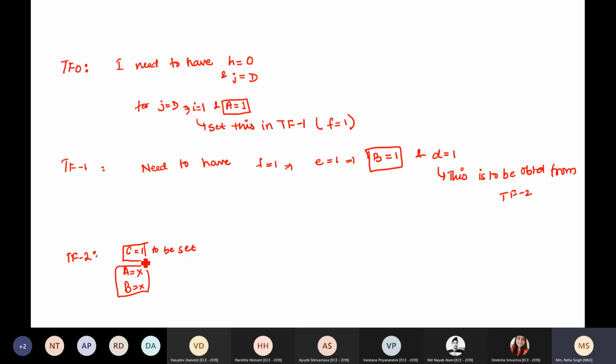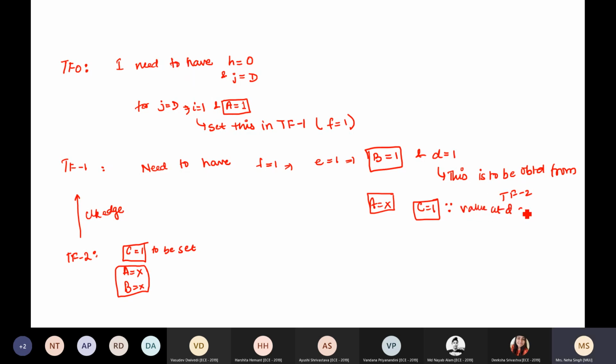I set the value of C which gets propagated after the clock edge, right? So from TF2 I moved to TF1 at the clock edge. So I ensured D equal to 1 is set, B equal to 1 is done. What about A and C now? A was don't care because A is not affecting, and C should be equal to 1 since the value should not change in the next clock, since